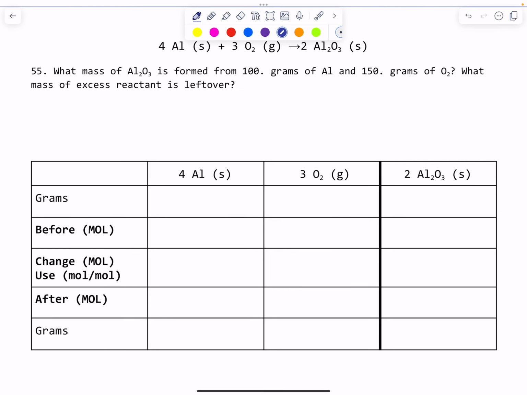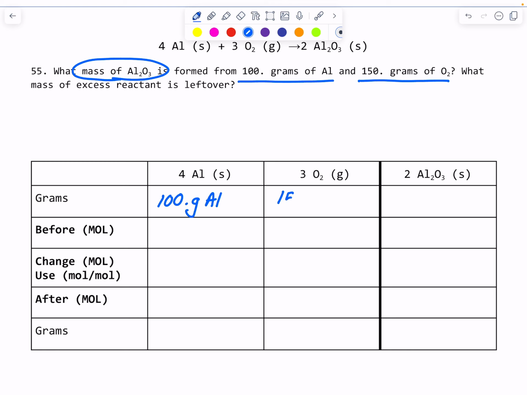So for these next two problems, these are two that you can try and then check your work with this, right? What mass of aluminum oxide is formed from 100 grams of aluminum and 150 grams of oxygen, and what mass of excess reactant is left over? So of course, I would start with 100 grams of aluminum and 150 grams of oxygen,